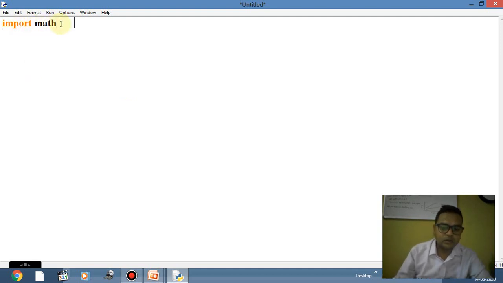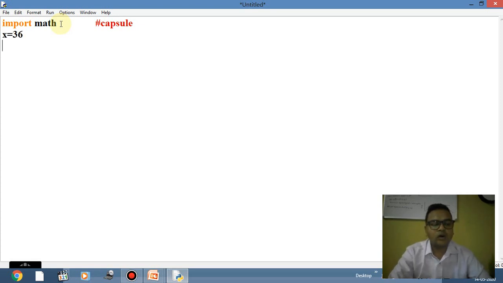So let me illustrate this with an example. This is a capsule, like a capsule. Clear? Now there is a number, let's say the number name is 36, and what I want right now is to calculate the square root. It is none of our concern right now how to make a program to find the square root of a number, because we already have one function, and that function name is math dot sqrt.